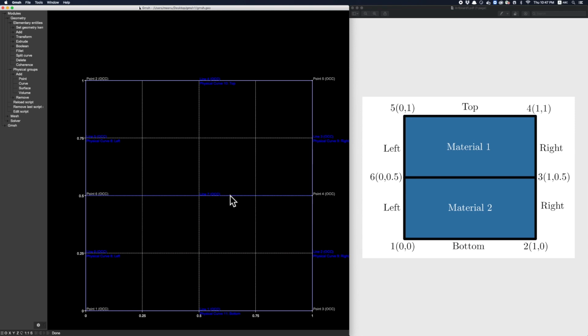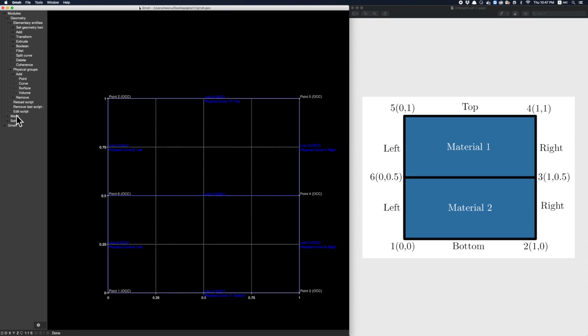Then comes the important step, that is how to get the structured mesh using transfinite curve. For this, I am editing the script. Basically in GMesh, we can edit the geometry and create the mesh in 2 ways. We can use the GUI based interface or we can use a script for editing. For creating the structured mesh, I am using the script so that you can have the essence of both these methods. So for this, just go to geometry and the edit script option.